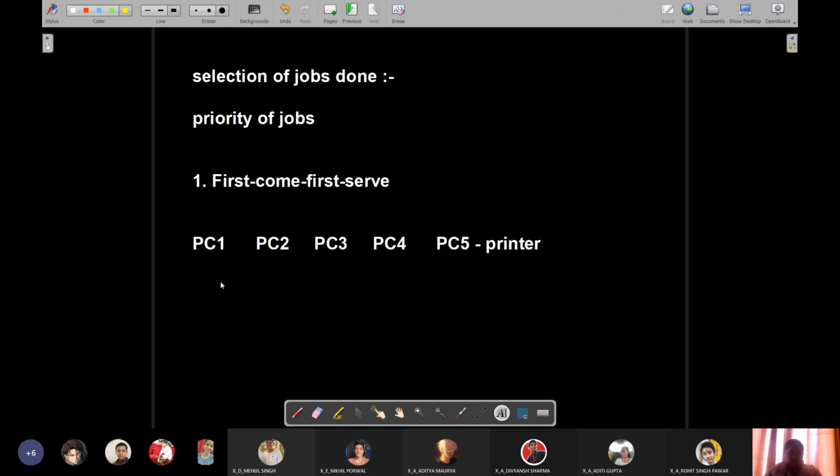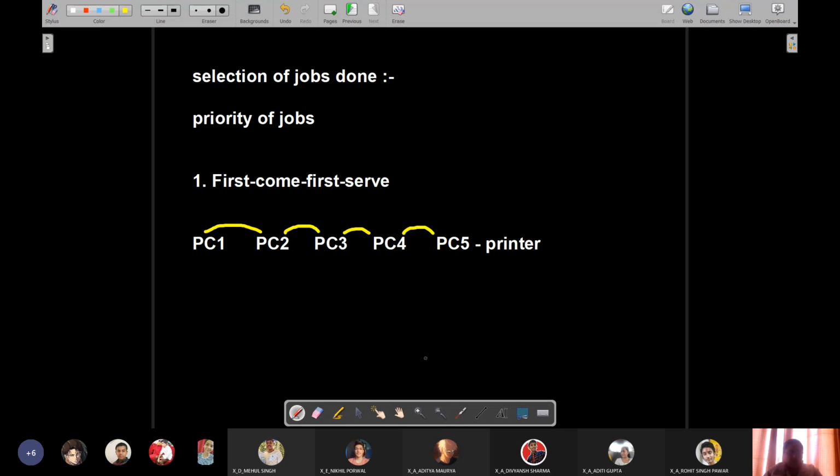So 4 computers are all connected through a local area network, and PC5 is connected to the printer. I'll just join these like this to show that they are connected to each other.